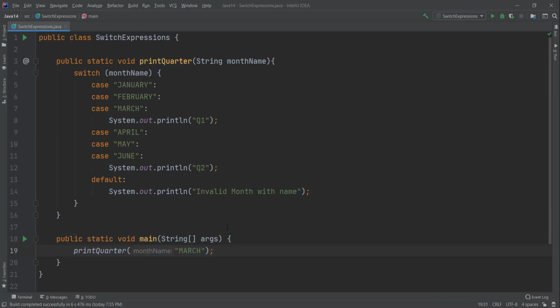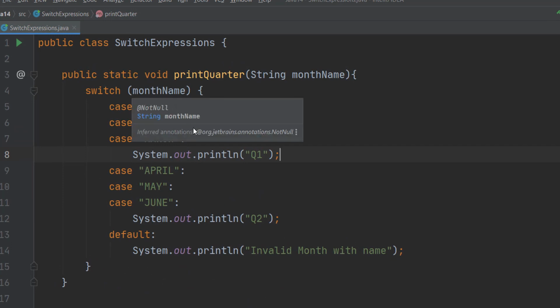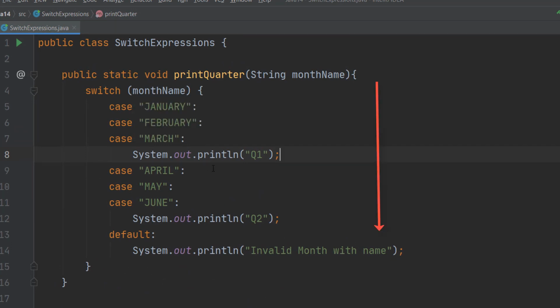This is an example of a switch statement where we are checking which month falls under which quarter of the year. For example, January is in the first quarter, or April is in the second quarter, and so on. We all know that when we call a switch statement, the JVM runs the code inside the corresponding case. For example, if March is passed, then only this would be executed. If you have written switch statements earlier, you may see that in my code there is one problem.